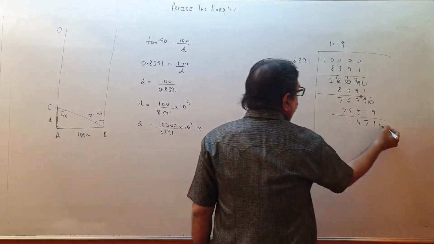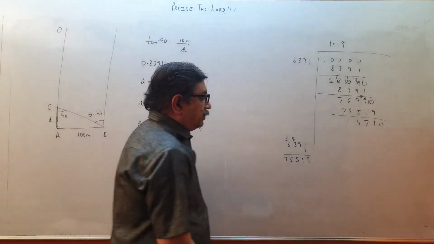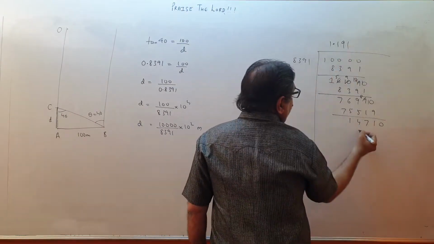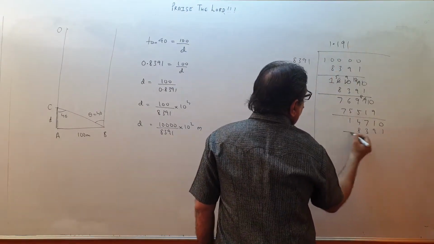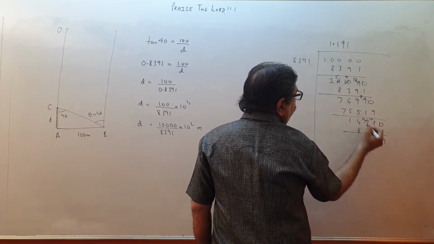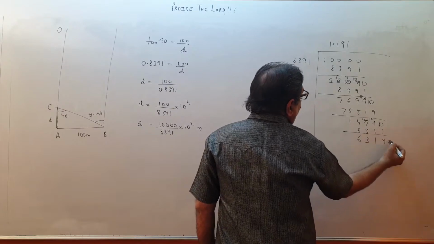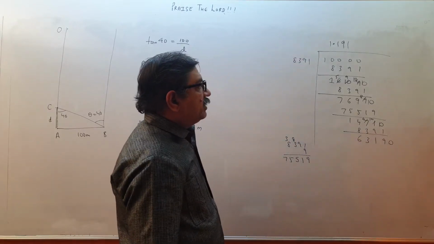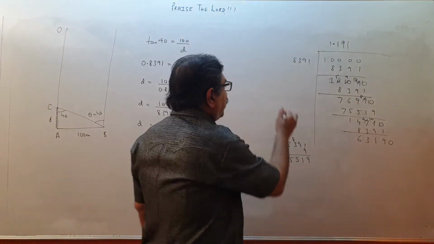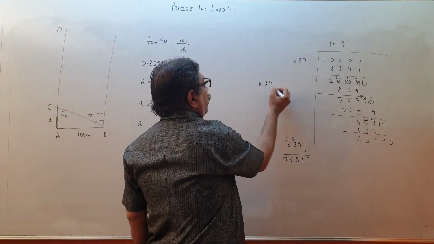Let us take one more. 8,000, 14,000. So it will go only one time, because double is 16,000. So ones are 8, 3, 9, 1. Let us subtract. 9, 10 minus 9 is 1, 3 and 6. 63 from 83. It will not go 8 times, because 8 8s are 64. It will go 7 times. So 8, 3, 9, 1 into 7.